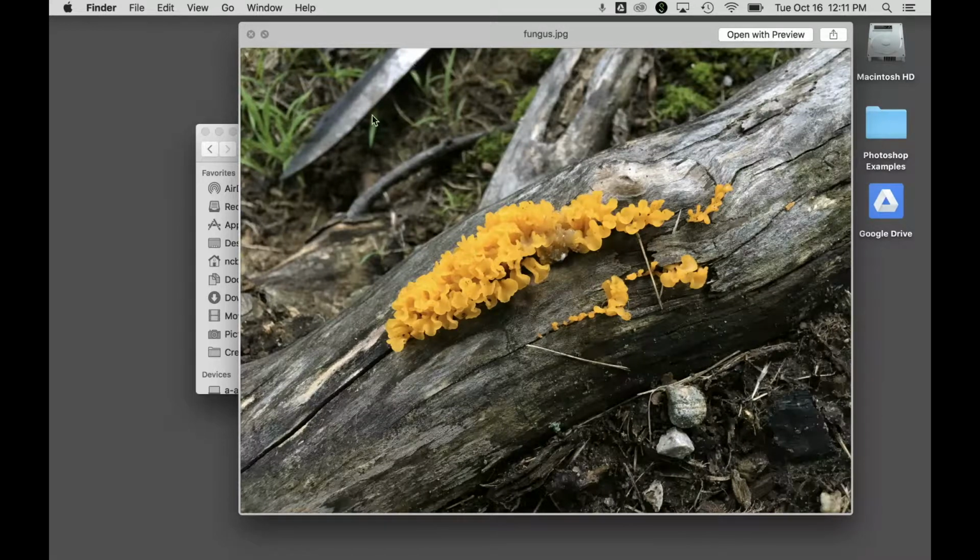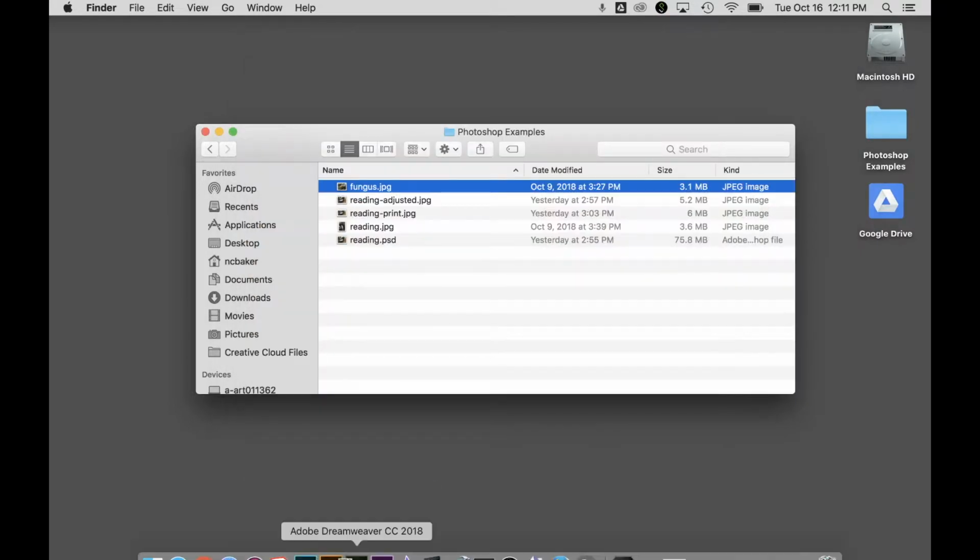For one thing, there's the edge of a shovel sticking into the frame, and I want to get rid of that. And then you can see the depth of field captures the fungus, but not this background. This was a little closer, and so it's in focus, and I want to make this blurry too, just like this side. So let's take this into Photoshop,